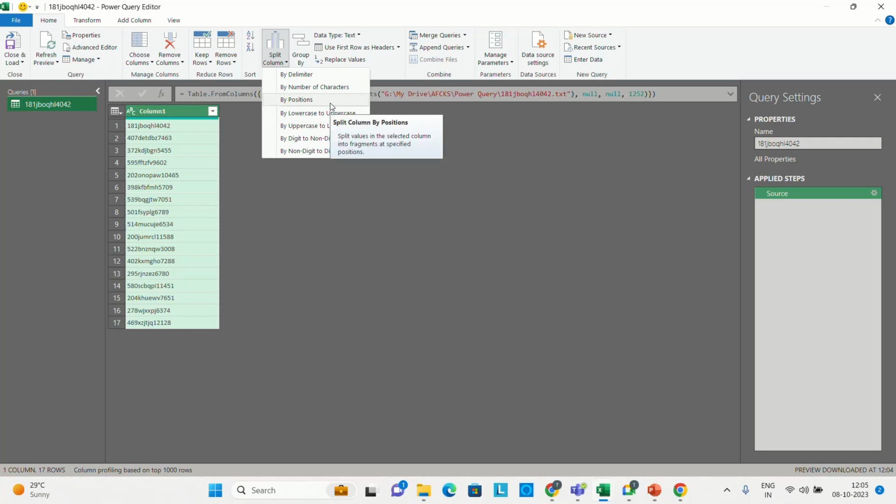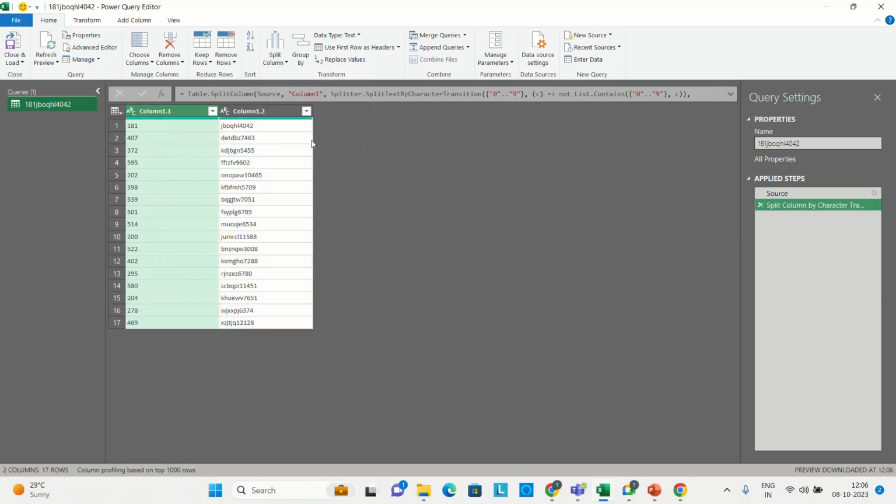बाय नंबर ऑफ पोजीशंस, ठीक है? तो यहाँ पे पोजीशन के बेसिस पे भी आप इसको स्प्लिट नहीं कर पाओगे। सो फ्रॉम लोअर केस टू अपर केस करना है या अपर केस टू लोअर केस करना है, देन फिर आता है डिजिट टू नॉन डिजिट एंड बाय नॉन डिजिट टू डिजिट। इस तरीके से ये ऑप्शंस है। तो जब आप इसके ऊपर क्लिक करते हो बाय डिजिट टू नॉन डिजिट, आप यहाँ पे देख रहे हो कि हमारा जो डेटा सेट है वो यहाँ पे स्प्लिट आउट हो चुका है, ओके। लेकिन हमारा जो पर्पस है वो 100% यहाँ पे सॉल्व नहीं हुआ। हमको क्या करना है? यहाँ से भी जो नंबर्स है उसको भी स्प्लिट आउट करवाना है, ओके।